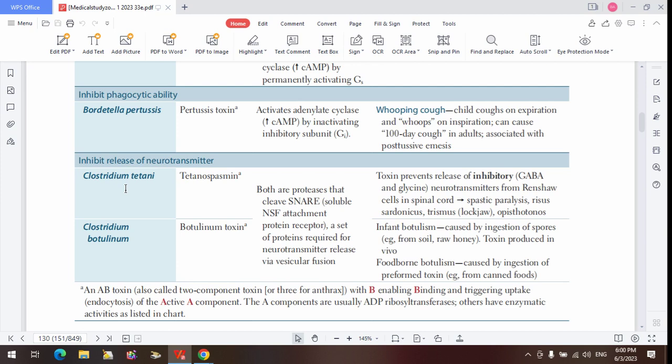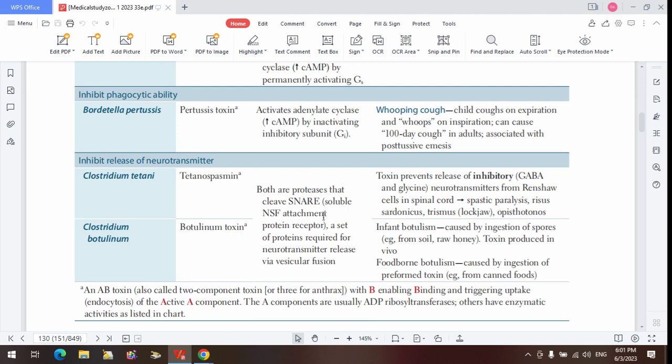So, the Clostridium tetani release tetanospasmin. So forget tetanolysin now. Tetanospasmin is our focus, not tetanolysin. Clostridium botulinum release botulinum toxin. Both of them inhibit the activity. They are protease,